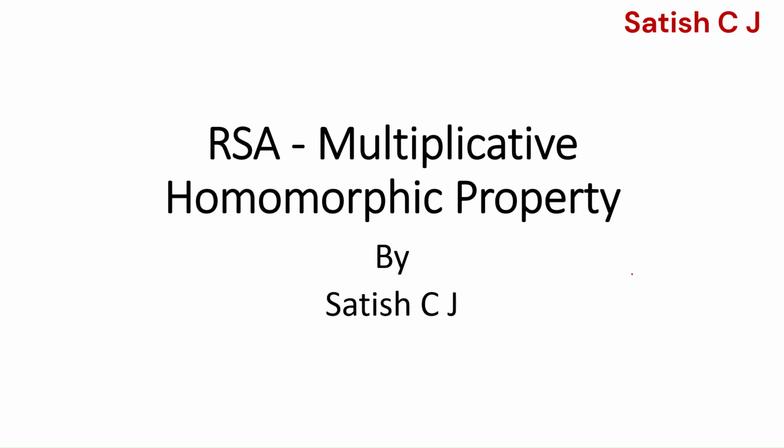In this session, we'll be taking a look at the multiplicative homomorphic property of the RSA algorithm. We've already discussed homomorphic encryption. We have seen the Paillier cryptosystem, which is a partially homomorphic encryption algorithm, and we have taken a numerical example about Paillier, and we have discussed in depth what homomorphic encryption is and